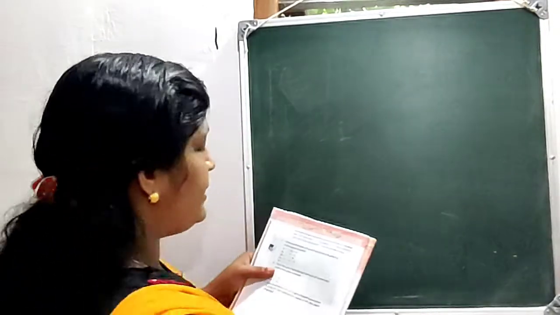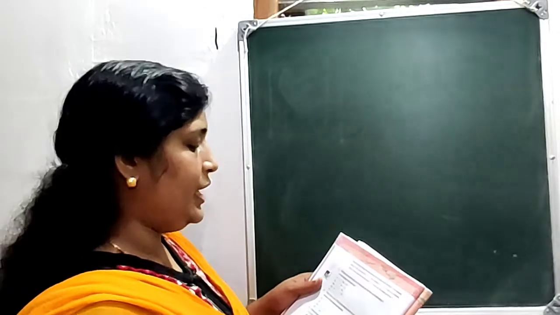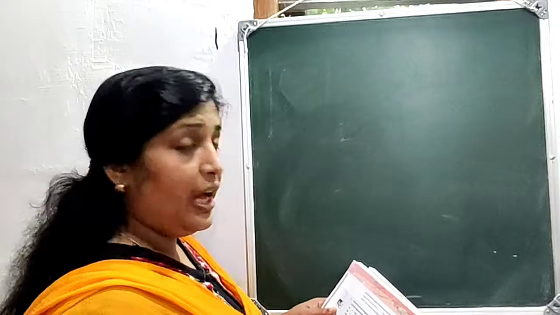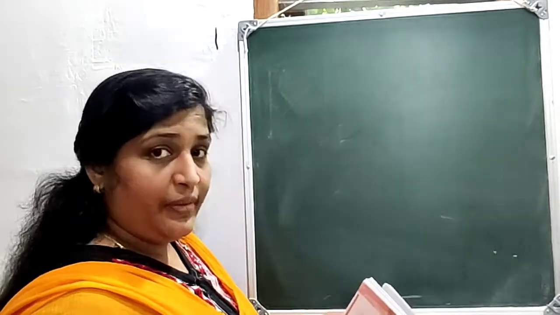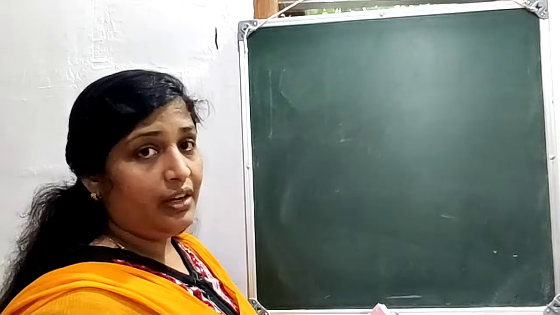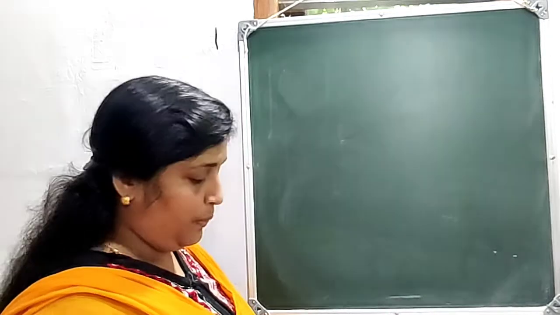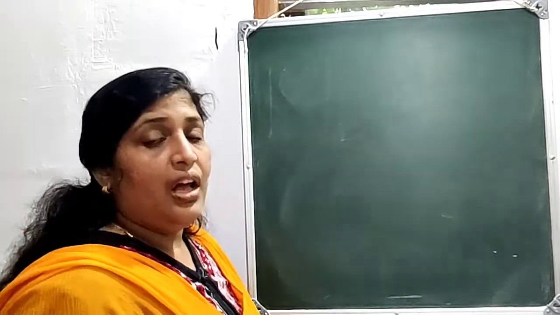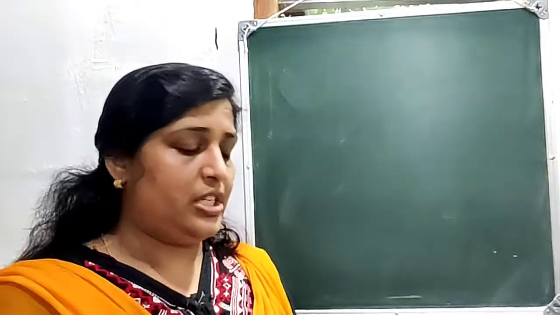First one is, write the second degree polynomials given below as the product of two first degree polynomials. Okay, so here we have some second degree polynomials. We are going to find the first degree polynomials, which are the factors of the second degree polynomial. For that we are going to find the solution using x equals minus b plus or minus root b square minus 4ac by 2a. Using that equation we are going to find the solution. Then using the solutions we are going to find the factors.